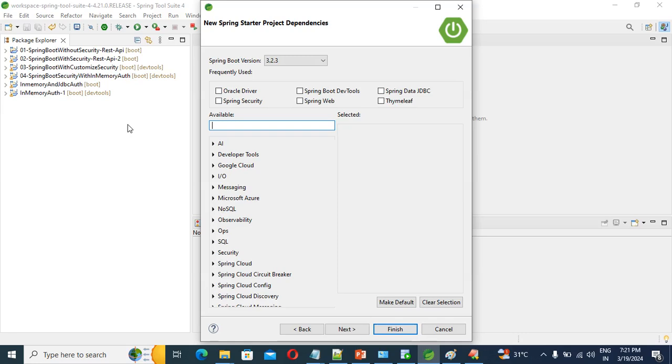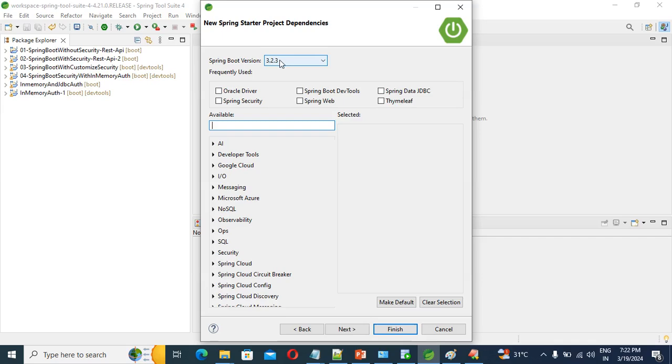So initially what we have done: we are going with default authentication, then in-memory, then JDBC. So guys, once we complete all this series for the older version 2.7.9, definitely then I will do it with JDBC authentication and other authentication. So lots of things are there. Definitely I will make a couple of videos with this version as well, guys. So don't worry guys, definitely I will bring videos with this version in the coming days. Okay, so I have already seen your comments. Don't worry, definitely I will bring the video with this version as well, because in this version guys,